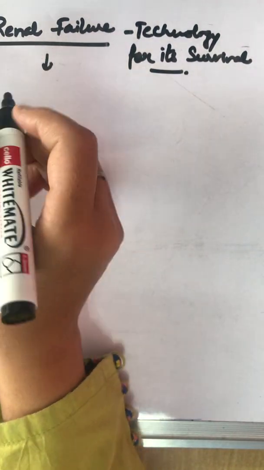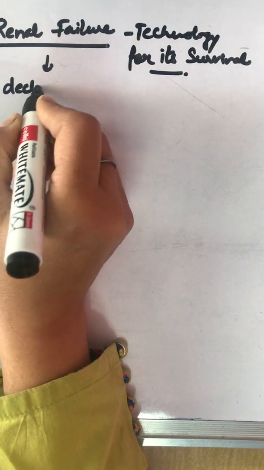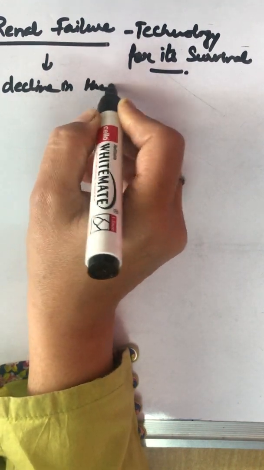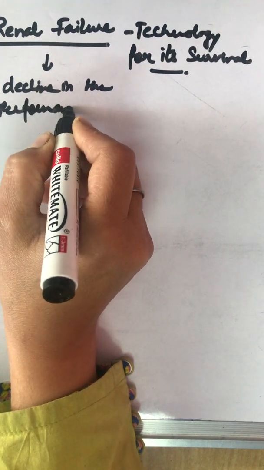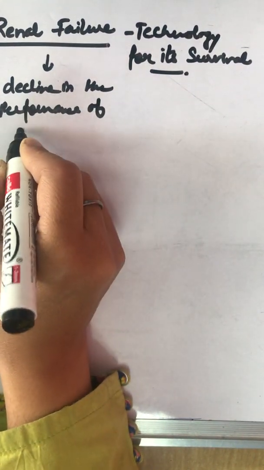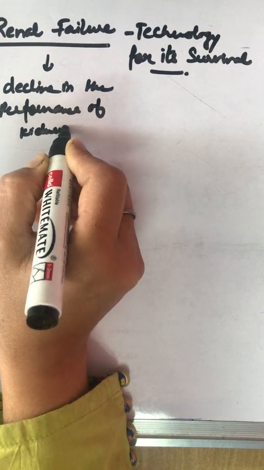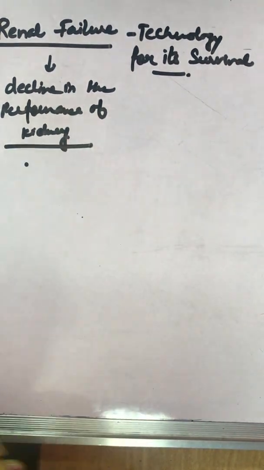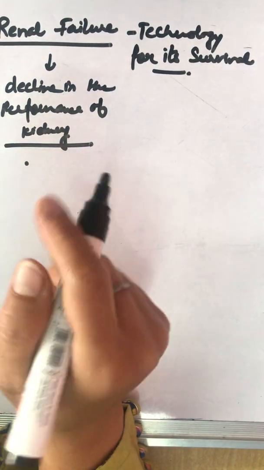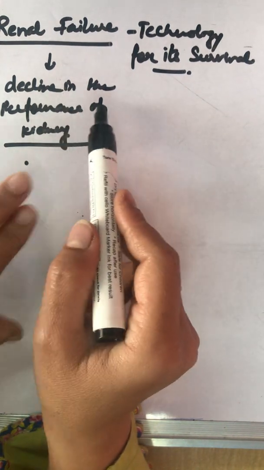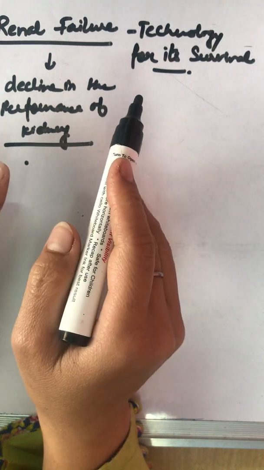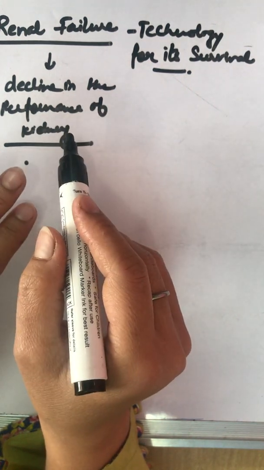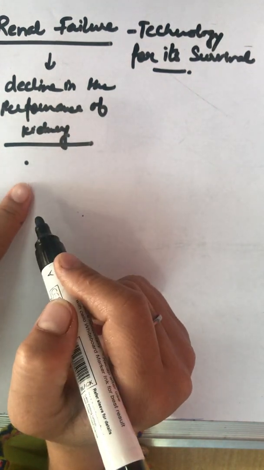It means decline in the performance of kidney due to a disease known as kidney failure. Renal is the term given to kidney. Whenever there is a decline in the performance of kidney, we say it's the kidney failure. Though it is not common, it may result in death within a couple of weeks if not treated properly.